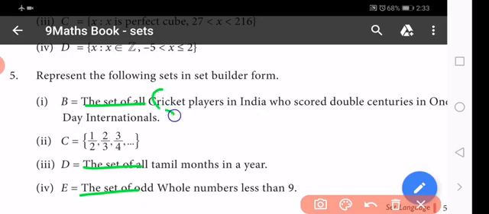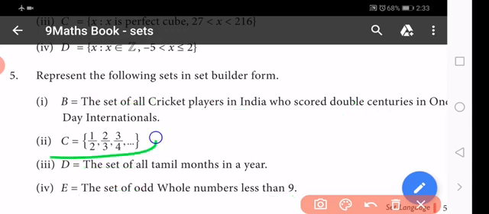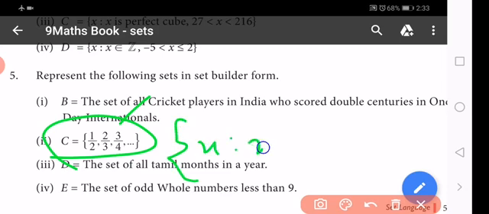The remaining statement we write within the for all x such that x is the dash. So we fill the statement in the dash. Okay. Now the second one is very important because they give fraction numbers. But first we find the common property of these numbers. First we say all the numbers as x. So for all x such that x is equal to n, x is a rule.